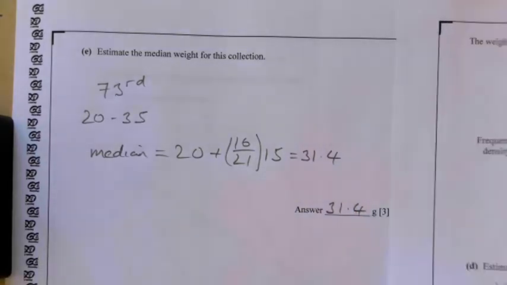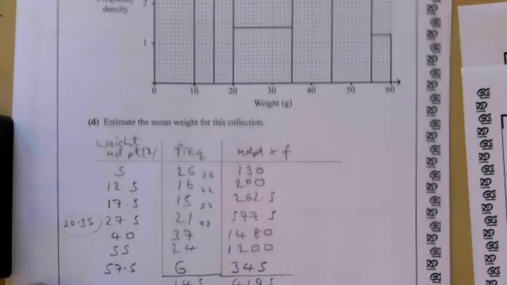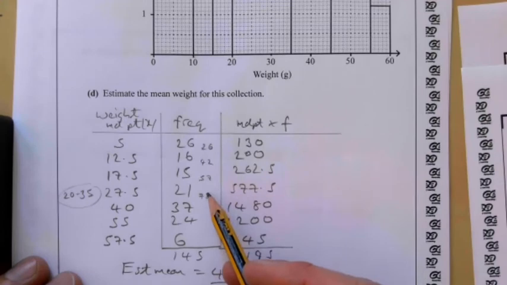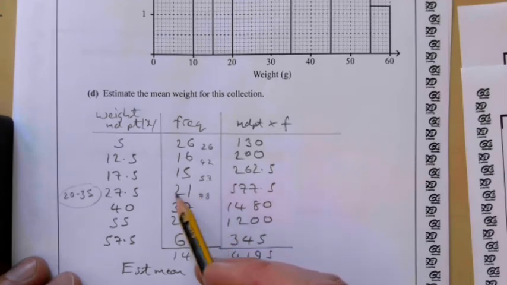A tough question, just to show you that again. We're looking for the 73rd, of course, because it's 145, so 73 is right in the middle. We go through up to here. That gives me the 57, that gives me the 78. So 57 up to 73 is 16. So we're looking for 16